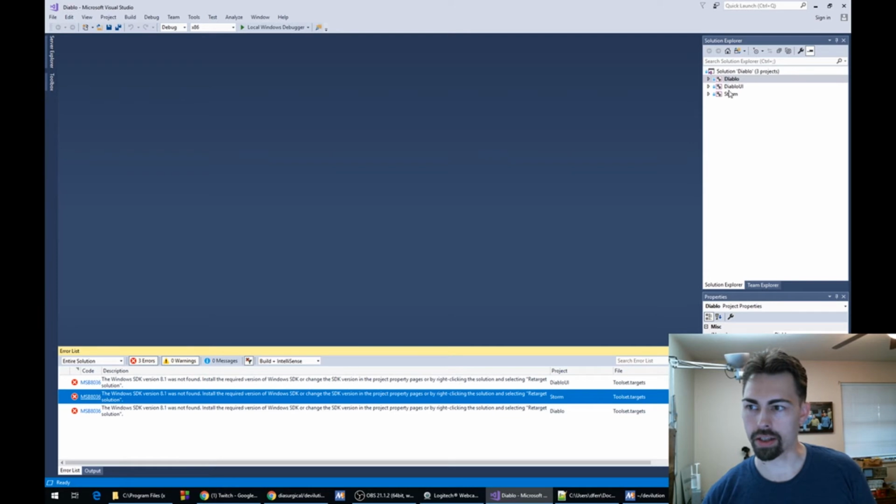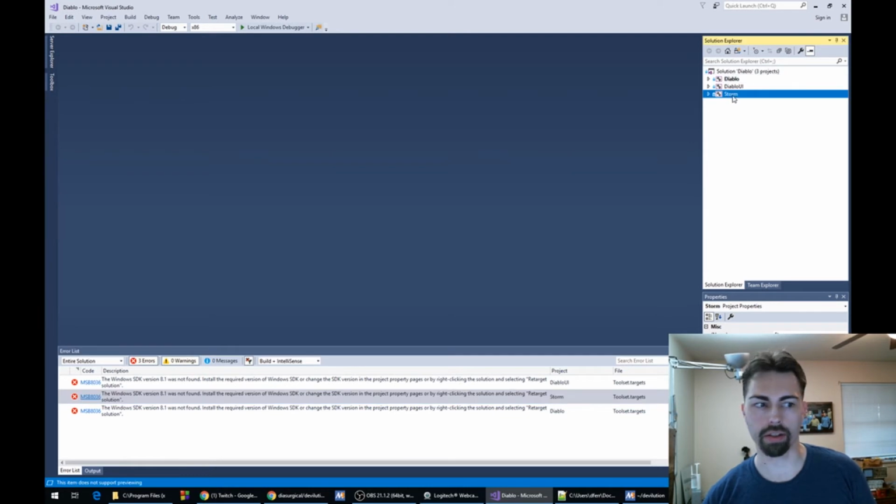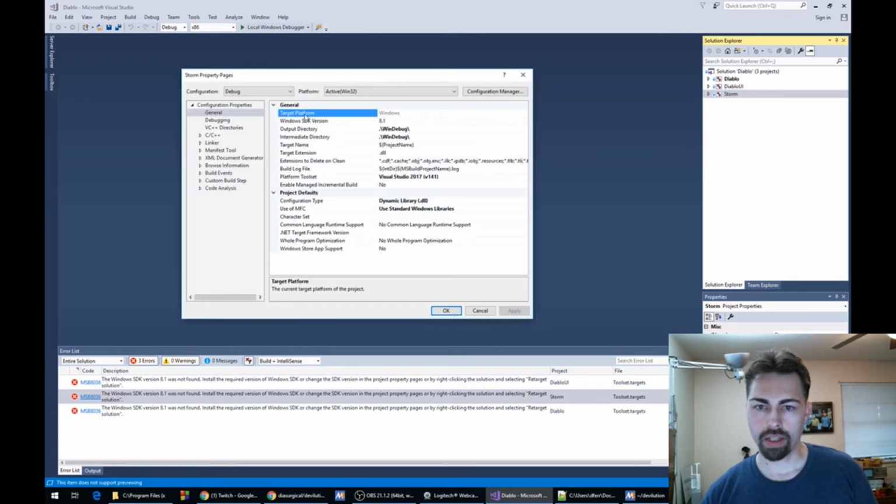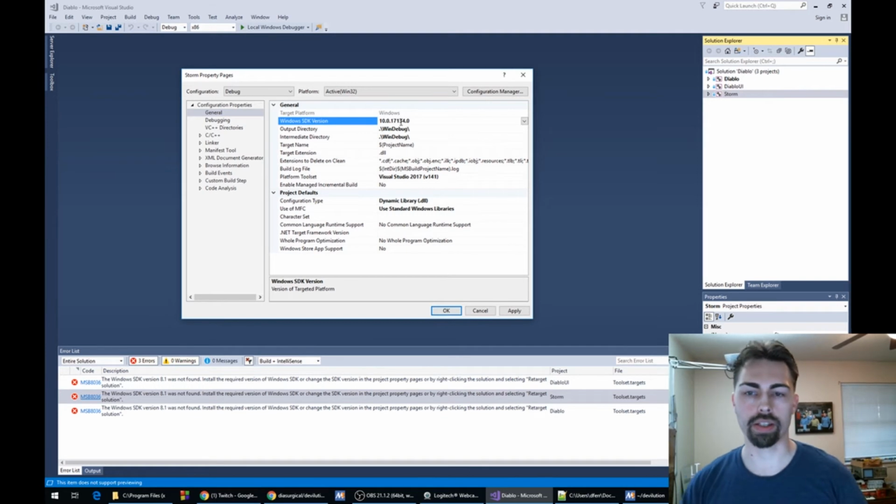I'm gonna start with this one here because it should be the simplest to compile. It shouldn't have other dependencies on the other two projects. Here it says Windows SDK version 8.1. Let's see if I can build it by changing it to 10. So what this is right here is